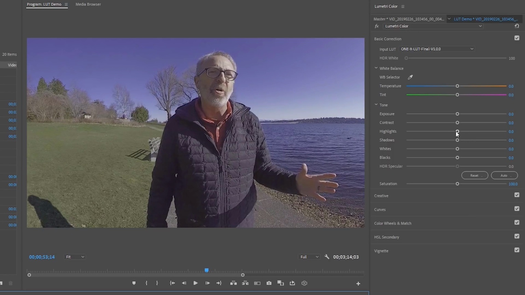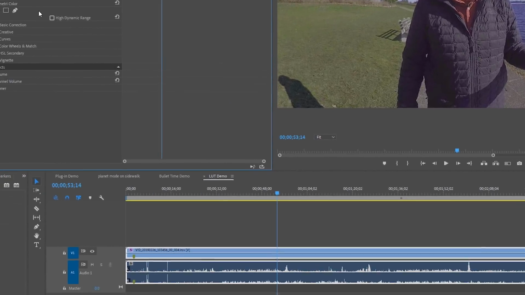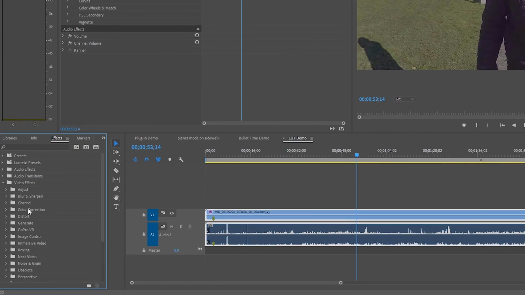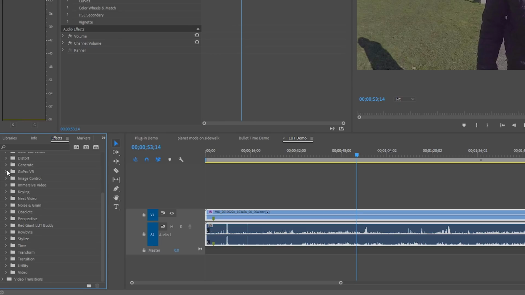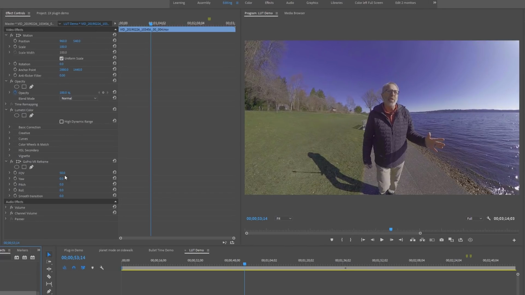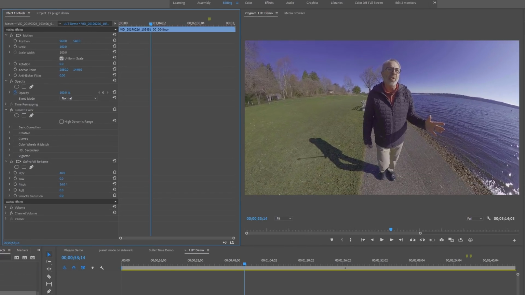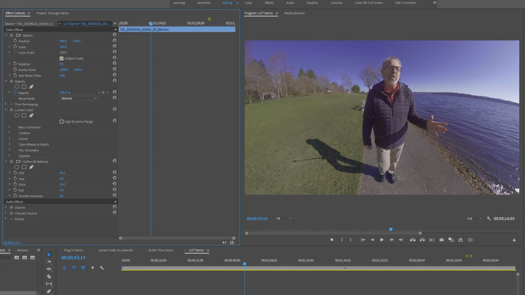I can go through and kill the highlights because it's a bright sunny day. I would go through and fiddle with it in greater detail, but you get the idea. And I can still go through and in video effects, reframe, and I've still got all of the control functions with the reframe that we would normally have, and that doesn't interfere with the LUT. So this is, for me, a way that I have a lot more control over the final results of my